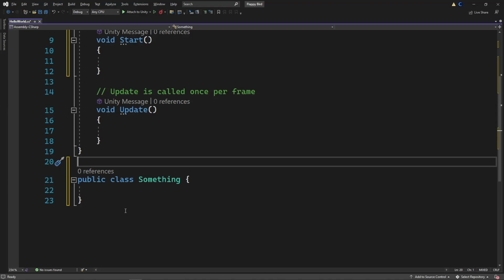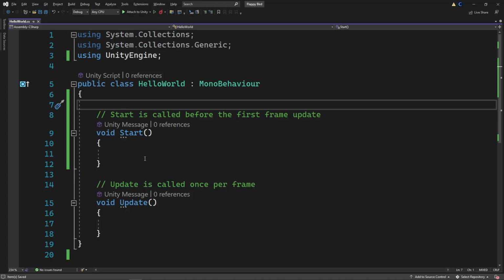Okay. So our goal with Hello World, this is a classic program that time and time again us programmers learn from, as it is a very, very simple one where all we are trying to do is send a message to Unity that says, hello world, and we're all chipper like that.